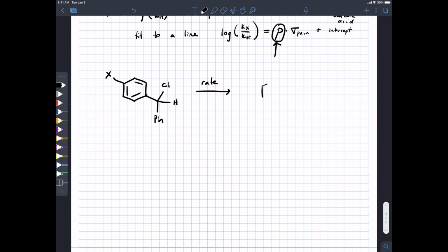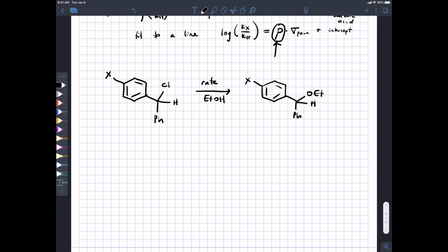of going from the starting material to product. And let's say we're using ethanol as our nucleophile. So this is a substitution reaction, right? So let's talk mechanism. And this is how you answer